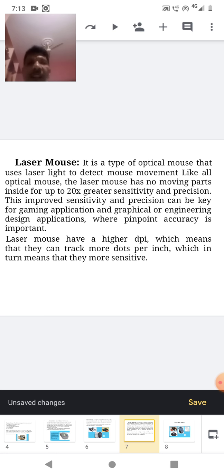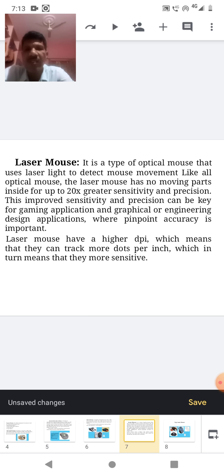Compared with the other mice, the laser mouse is more sensitive and gives more accurate results. That means when you are giving commands with a laser mouse, it gives accurate commands. That means it contains a lot of features compared with the other mice.